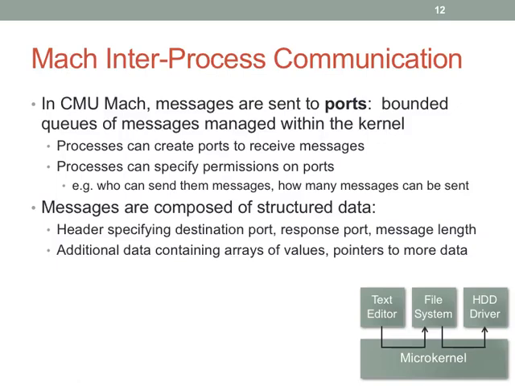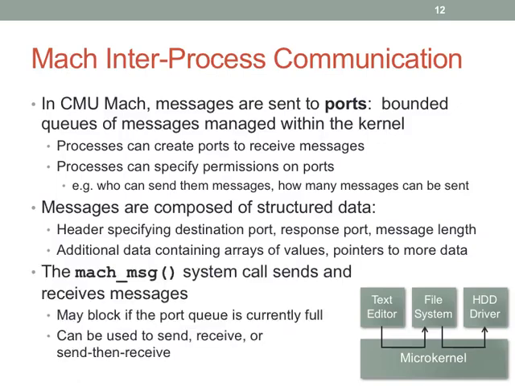Except it was slightly worse than that, because you'll notice you could have additional data containing arrays of values or pointers to more data. So it's not just sending one thing. It's sending maybe a small graph or tree of data to another process. So all of that stuff has to be collected together and then sent through the microkernel to another process. Okay? So that starts to get expensive. That was an API call, Mach message, and that was a thing that was used for exchanging these messages. Okay? Notice it could be a blocking call, and you could use it for either asynchronous or synchronous style interactions.